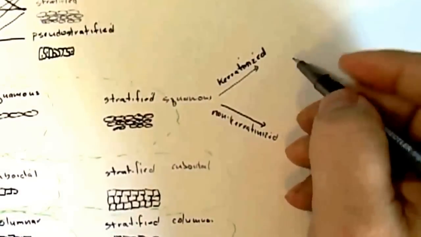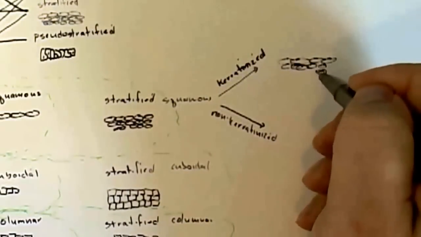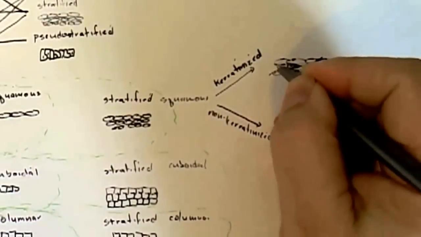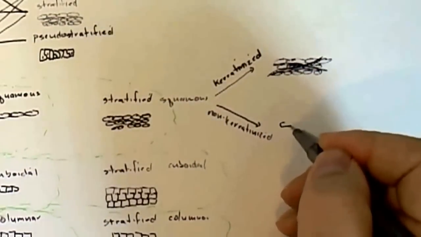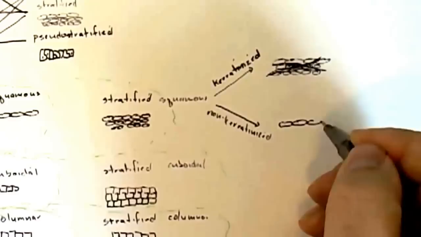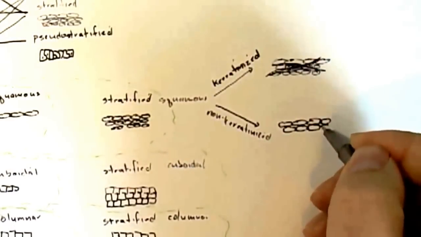And the way we'll end up drawing that, so we'll draw our stratified squamous, and we'll draw some fibers running through it. Maybe purple wasn't the best, but it'll show. So keratinized has fibers running through it. And non-keratinized, just as a heads up, they tend to be a little bit thicker of squamous cells because these